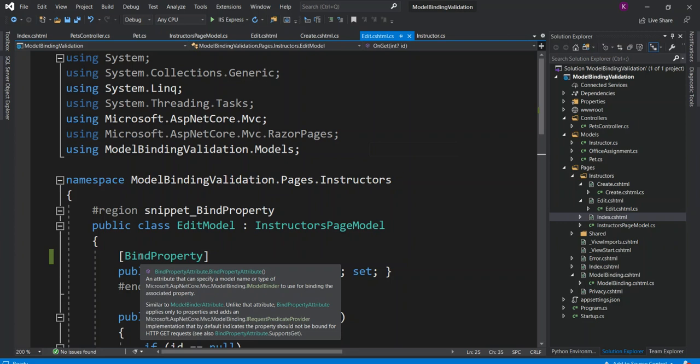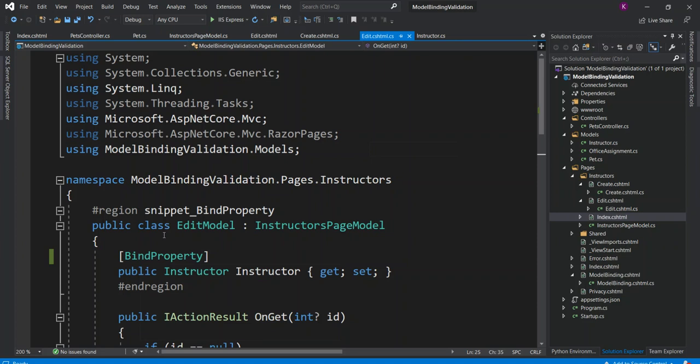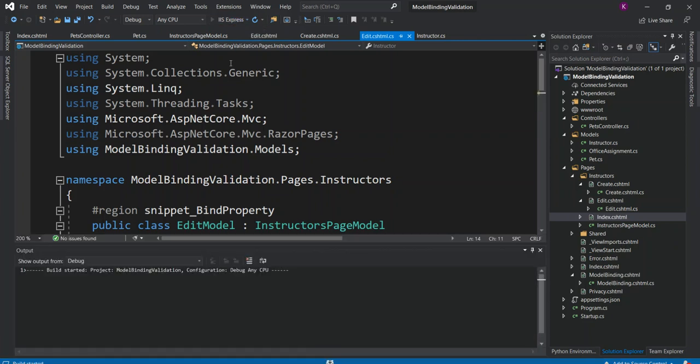The significance of BindProperty will be clear if I comment out this property, run this application, and browse to a URL to show what it does. So I'm running the application.